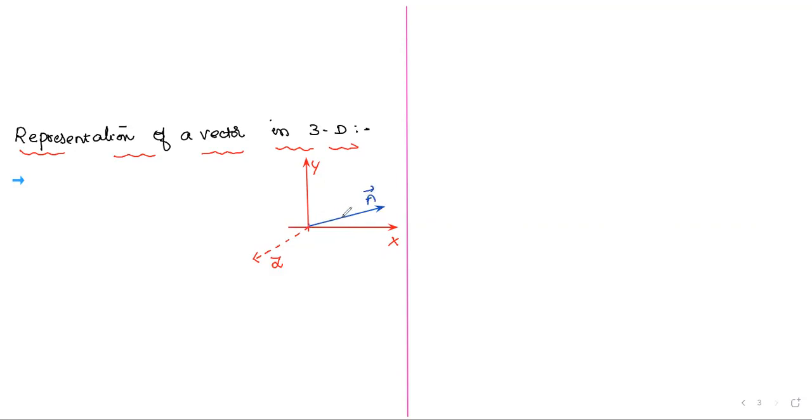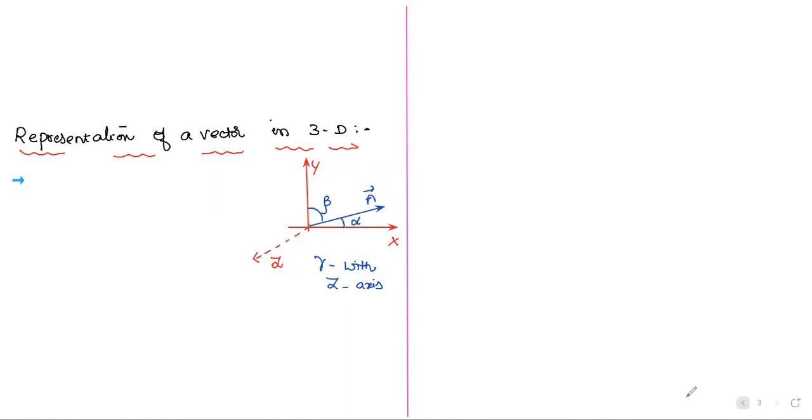And suppose that vector makes an angle alpha with the x-axis, beta with the y-axis, and here the third z-axis is completely perpendicular to the board. That's why I can't show the z-axis on the board here. So I'm writing gamma with the z-axis. I can't show it because it is just a shadow of the z-axis. These are the angles.